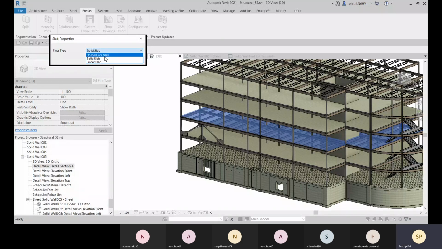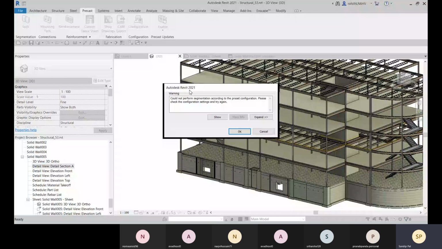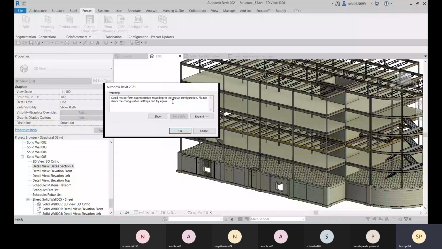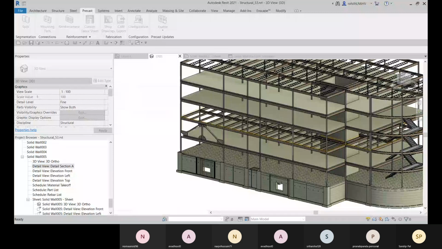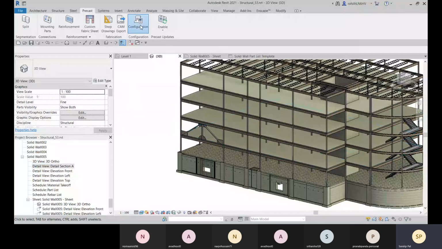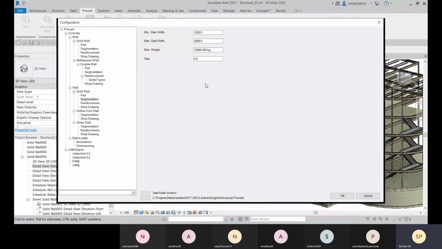Solid slab, hollow core slab, or girder slab. I have changed the definition for solid slab. So I'll click on that, and it says it could not perform segmentation according to the preset configuration. So there are the settings; it cannot be performed by this. Let me change the maximum slab width, like let's go for 6000.